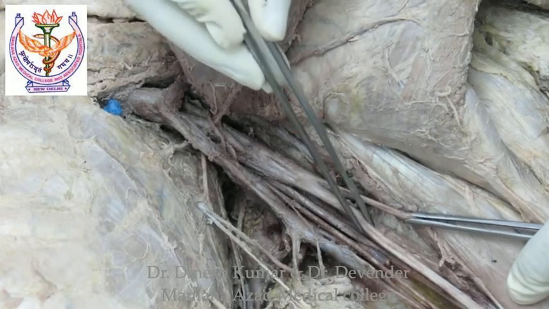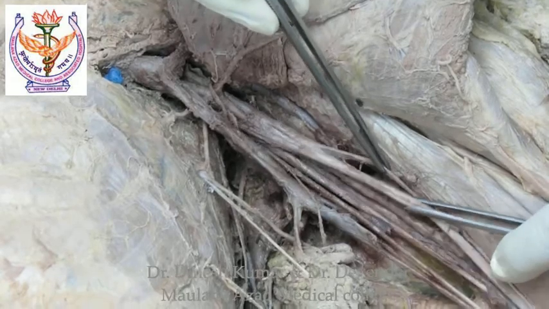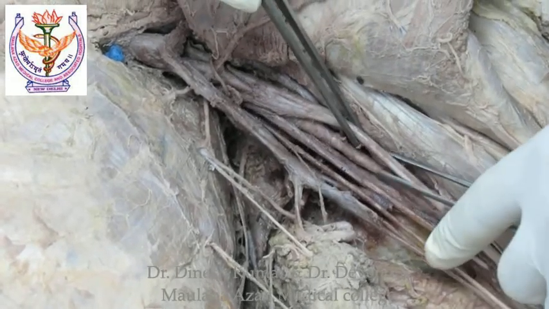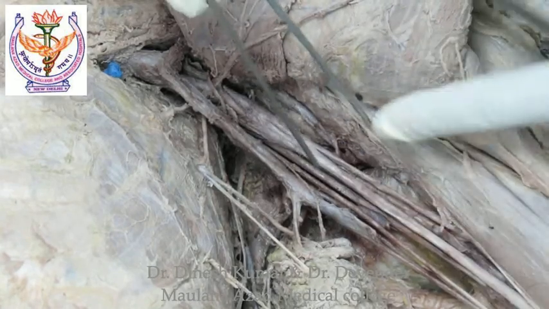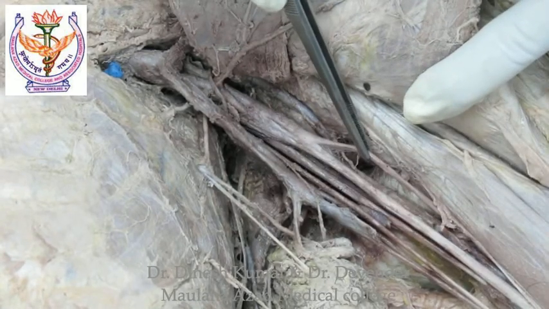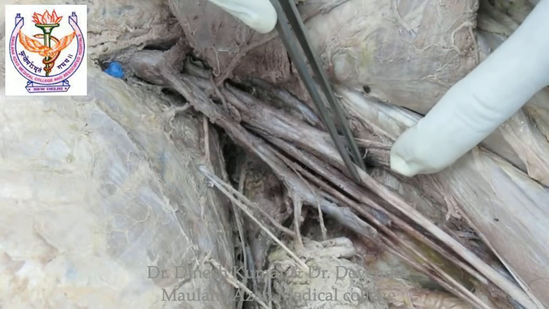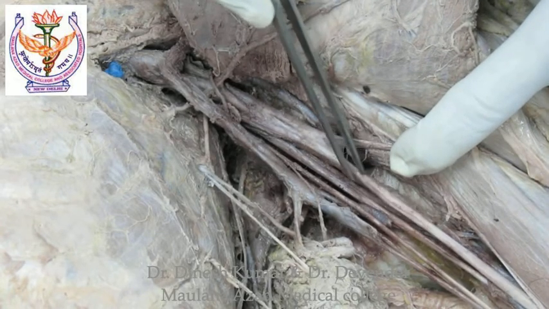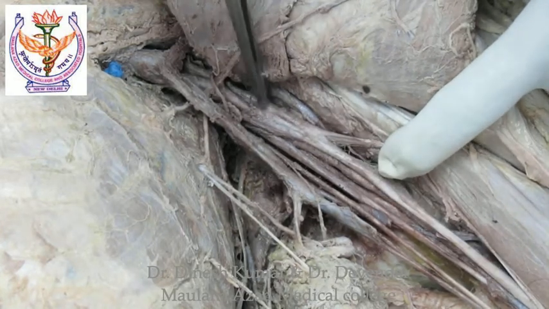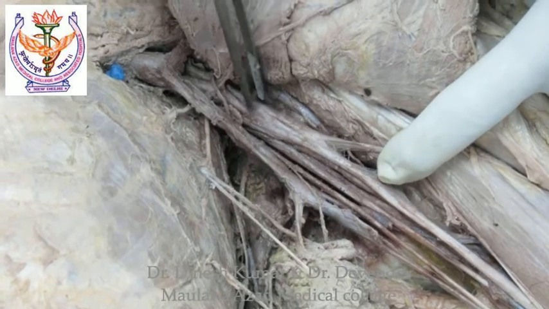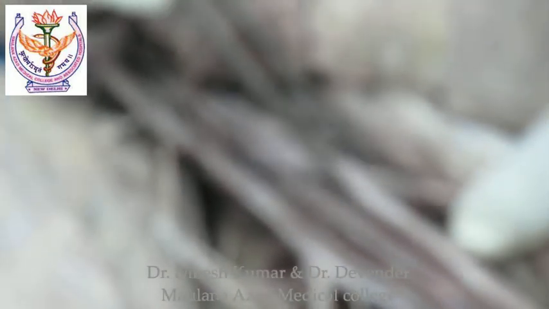This is the median nerve, and this is your musculocutaneous nerve. So we have the three branches from the lateral cord of the brachial plexus. We just identify again, this is the musculocutaneous which is entering into the muscle. Then after that we can see the main nerve, that is your median nerve, right? And this small branch which is right here, this is the medial branch of the median nerve. So these are the branches of the lateral cord.